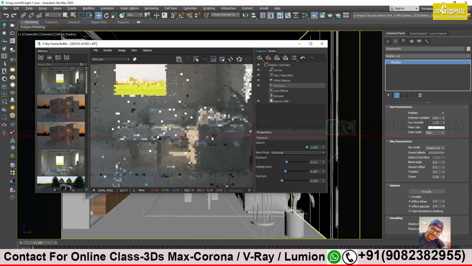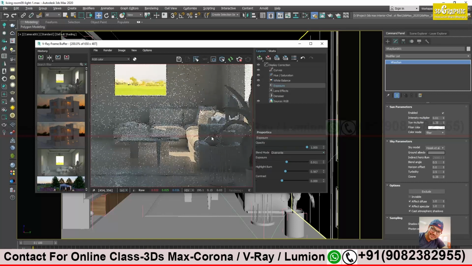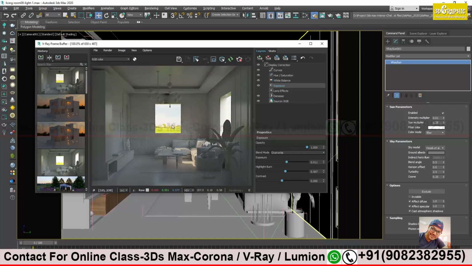Sir, in the standard camera there are not many settings, right? It's direct, just apply the camera, that's all. Yes. And I'm more comfortable with the standard because in my previous work background also we were not allowed to use V-Ray cameras, because they will make a little bit of change in your texture.